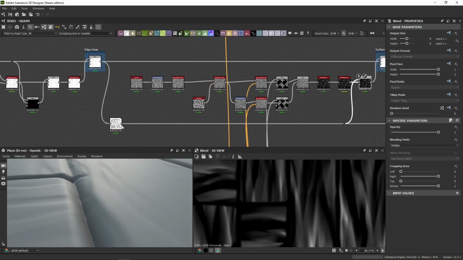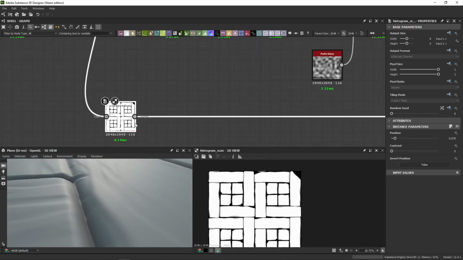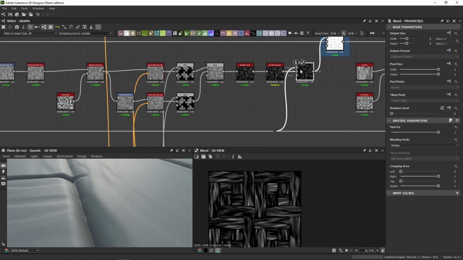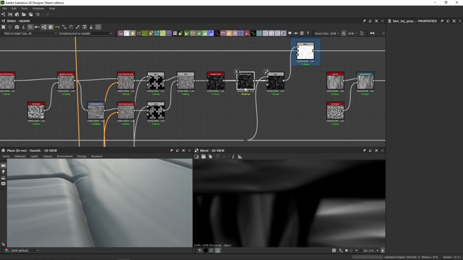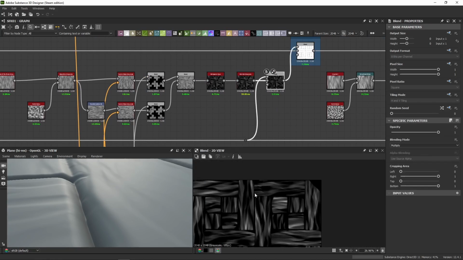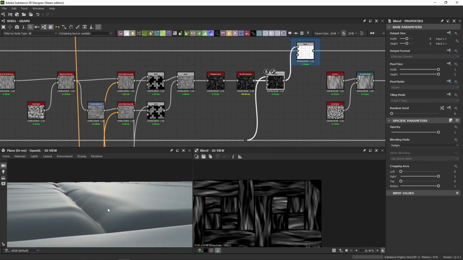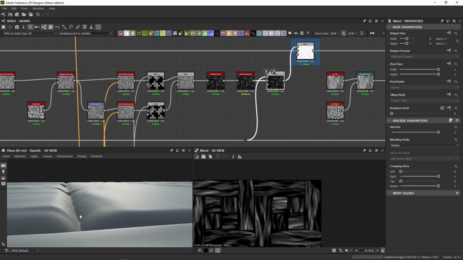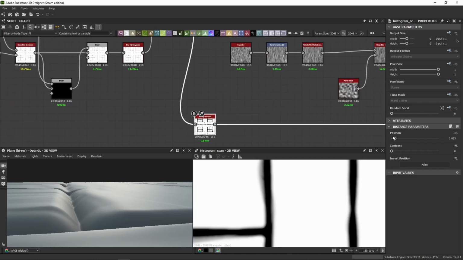So I used this scan, and I multiplied it to get rid of anything in between for the most part. So you can see that we go from this to this. That way this noise is only on the flat surface. Some of it's spilling over here, but as it gets closer to where they meet, there's less of it. And you could play with this to get